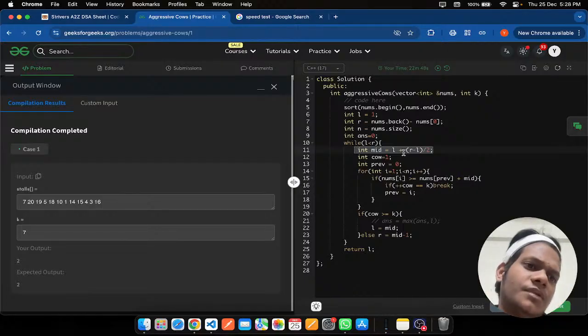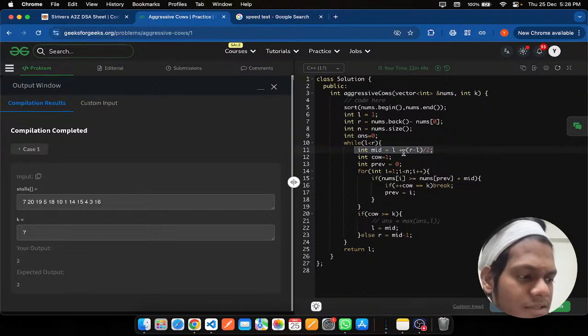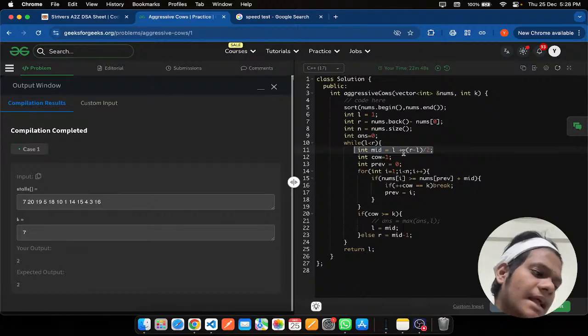Yaar, what will be the, we have these test cases that will be 0 and 1, 0 and 1. When I go for here and there, that will be, for example, 2 and 3. My answer is 3, but it will check for 2 as well. It is not moving further. Why is it not moving further? If L and mid are equal,